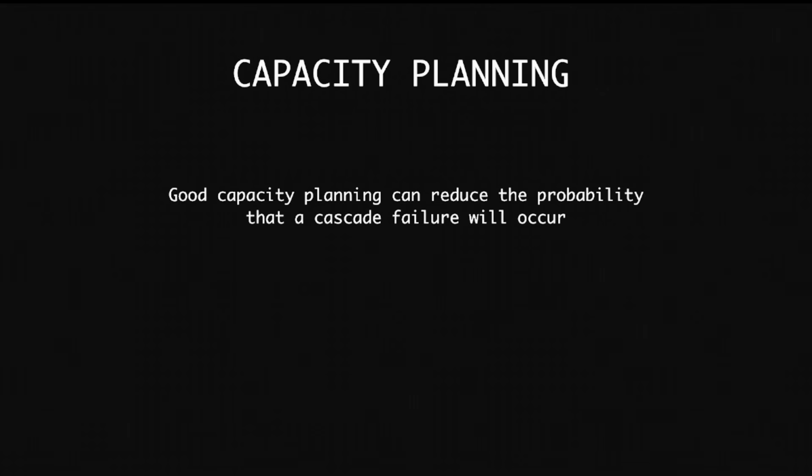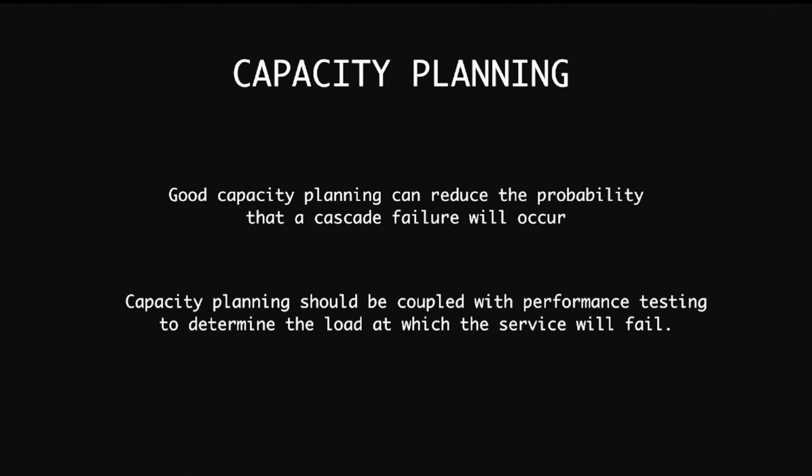Now, another important way to reduce cascading failures is capacity planning. Capacity planning basically means understanding how much load our service can safely handle before it starts degrading or failing. For example, we just don't assume that, say, a payment service can handle 10,000 requests per second. We need to actually test it, right? So, we need to run performance tests, load tests, stress tests